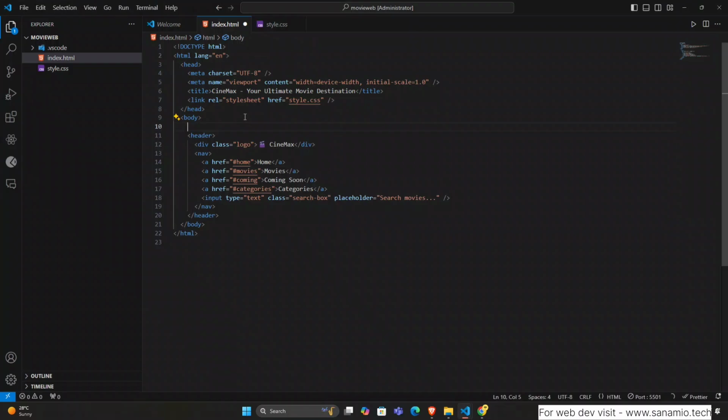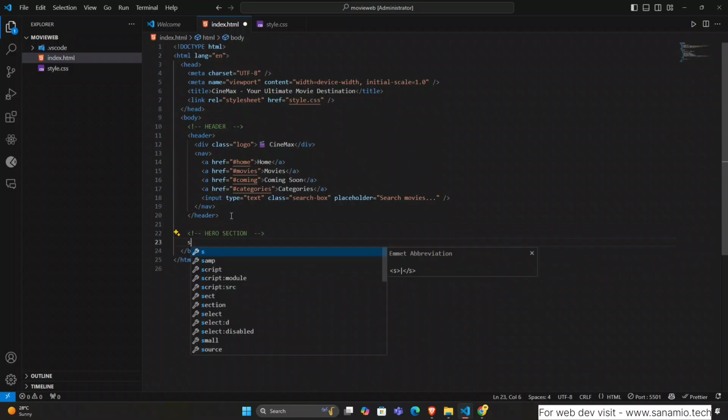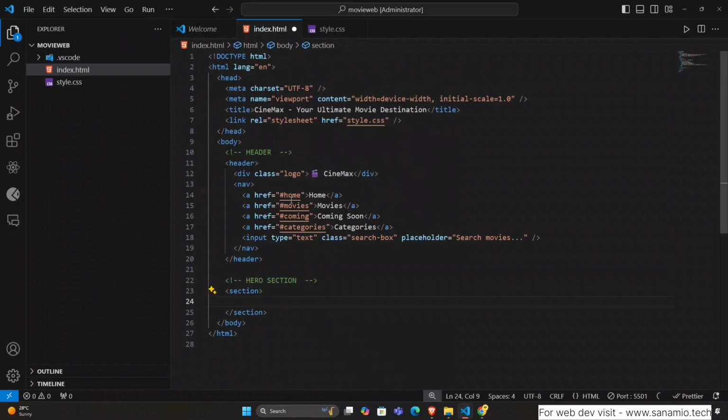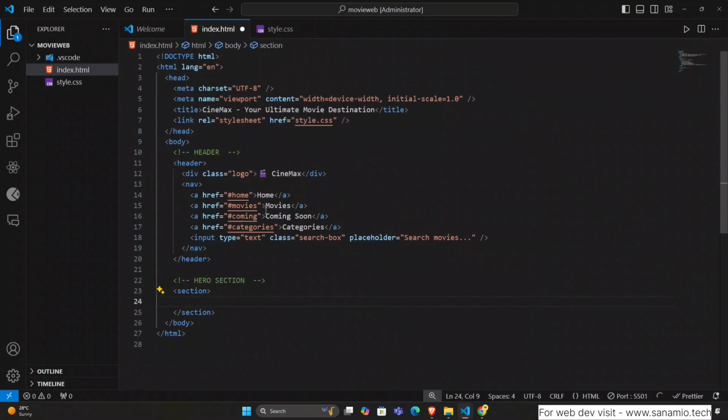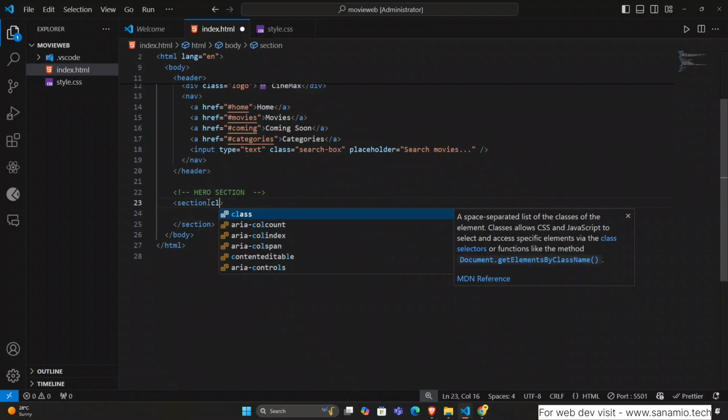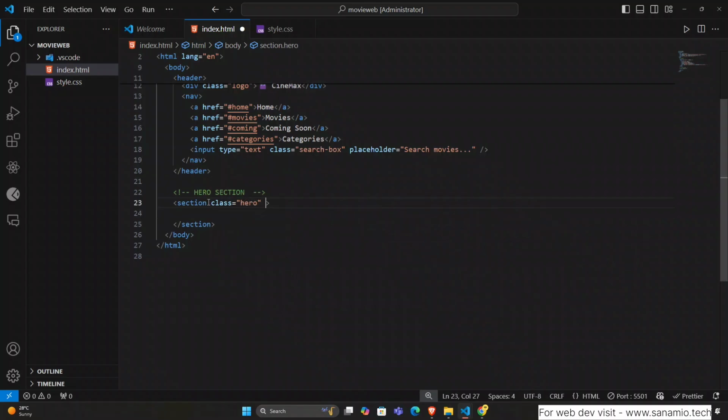Okay, so first of all I'm adding a comment here, like this is our header, and we are starting the hero section from here. So it will be hero section. Use the section tag. I'm zooming in a little bit. Okay, perfect. Inside the section, first of all give this section a class called hero and an ID. ID will be home, and inside this section I'm using class hero content,